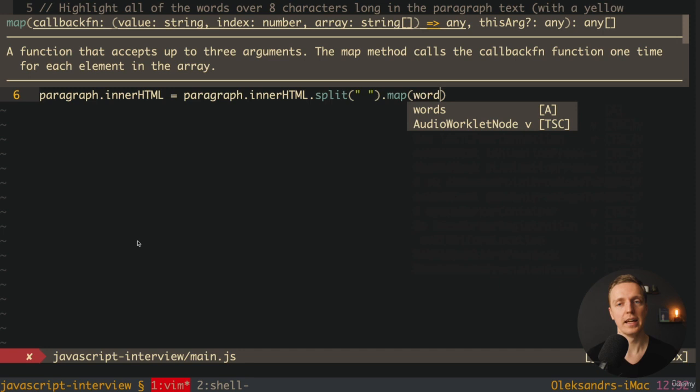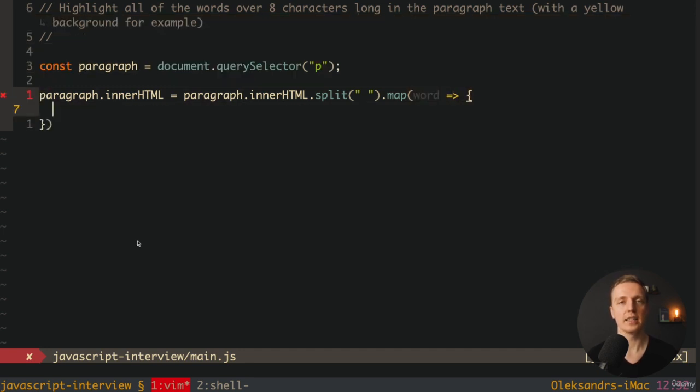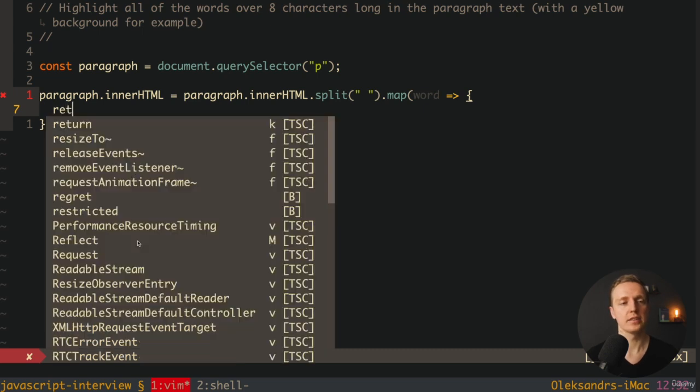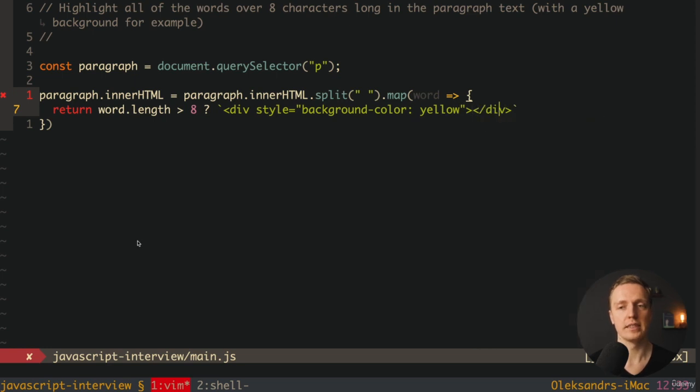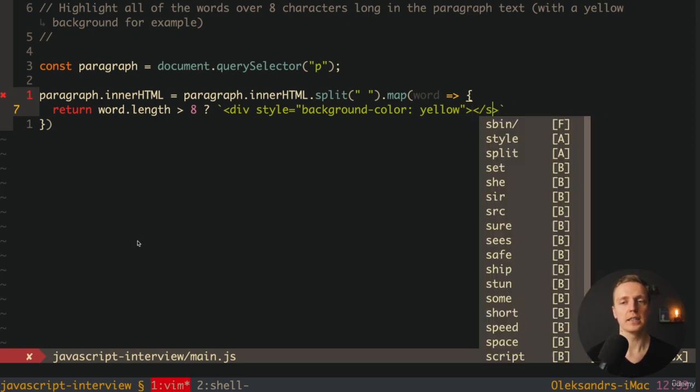to work with every single word. So actually here we are getting a word, and inside we want to check if our word is longer than 8 symbols. So we can simply return here word.length bigger than 8 symbols. Then here we want to write ternary operator, and if we are bigger than 8 symbols, then we want to wrap it in yellow, which actually means we want to write another DOM node inside. This is why here I will create a string div with style inside, and inside style we are writing background-color, for example yellow. Here we must close our div, and actually div is bad, we must use here span